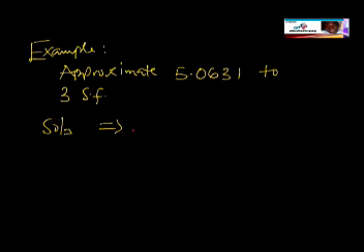first I'll bring out the number 5.0631, and I'm going to approximate to 3 significant figures. Of course there's a closed boundary here, so this significant starts here and becomes 1, 2, 3, and I'll take my boundary. So this is what I'm rounding off, and it's not up to 5, it's not between 5 and 9, so I'll just forget about it because it's too small. And here I will have my approximation sign, and my answer becomes